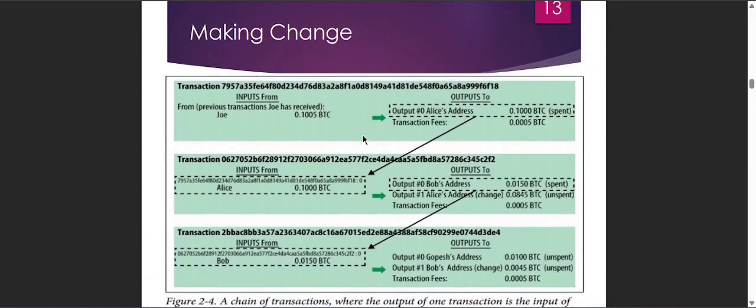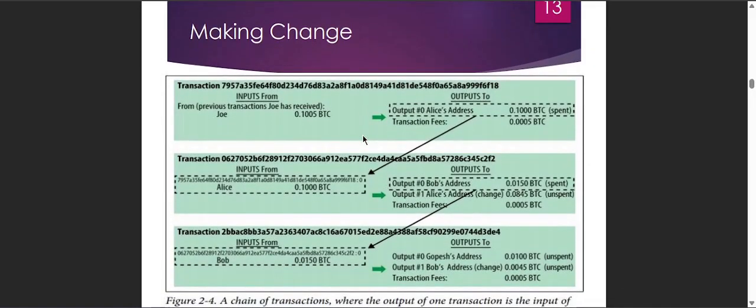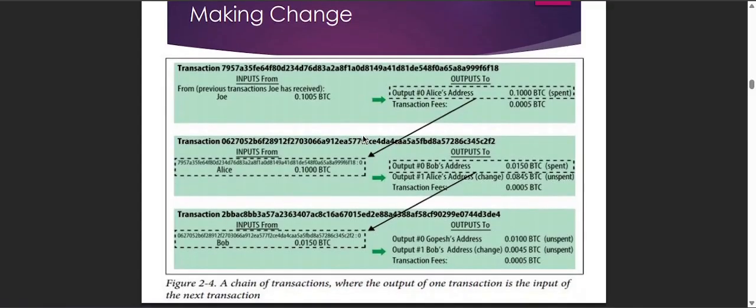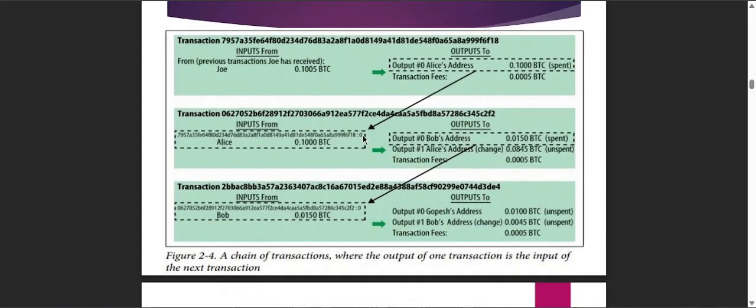So how is the change being made? As you can see, it is transferred from one input to the other output. So that output is a transaction from another transaction ID, which is considered for Alice. That is transferred to the other output, and Alice's input is again coming back to Bob's. So Bob is receiving some amount, and he will spend it as output, and the unspent transaction, as you can see, is being calculated here. Okay,